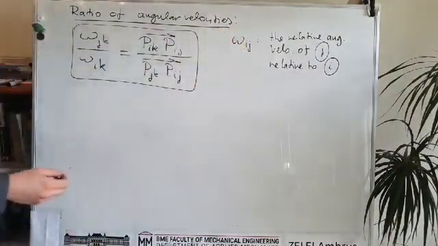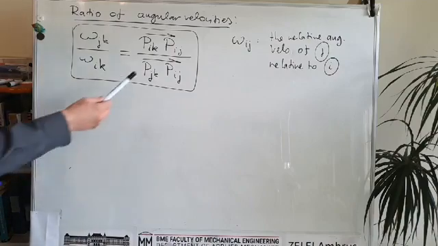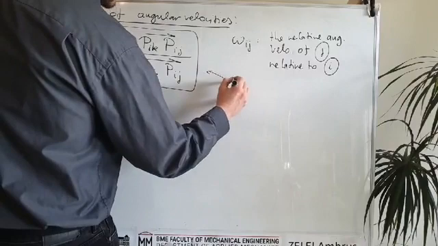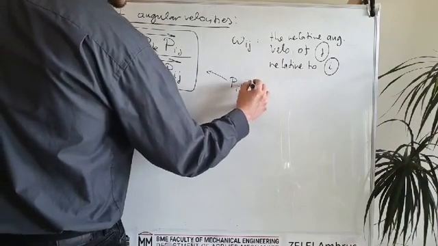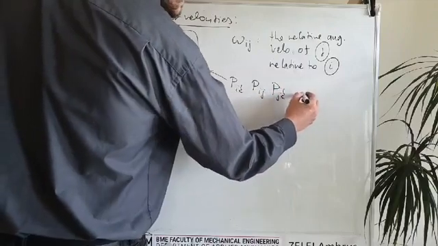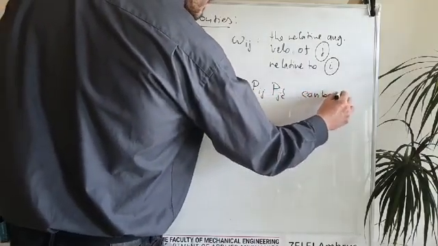Otherwise we will get some number. And these are 3 points. Okay, so PIK, PIJ and PJK can be found